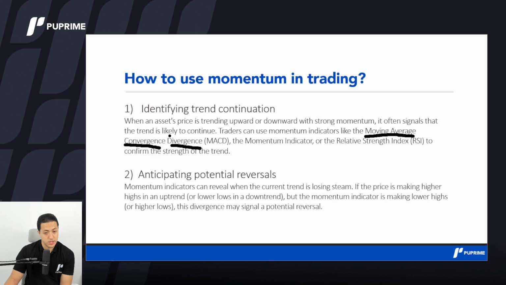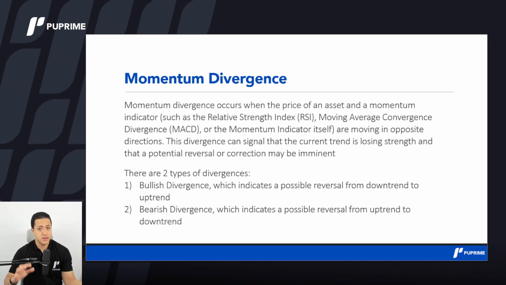The other, which is the divergence, is the one that I want to talk a lot about, because this is really powerful. So the momentum divergence is when you have discrepancies between the behavior of the momentum indicator, whatever the momentum indicator is. So today we will be applying divergence on the squeeze momentum. However, you can apply it on RSI, and it's powerful. You can apply it on MACD, and it's powerful. You can apply it on momentum. Any momentum indicator has this option of divergence, and it's powerful.